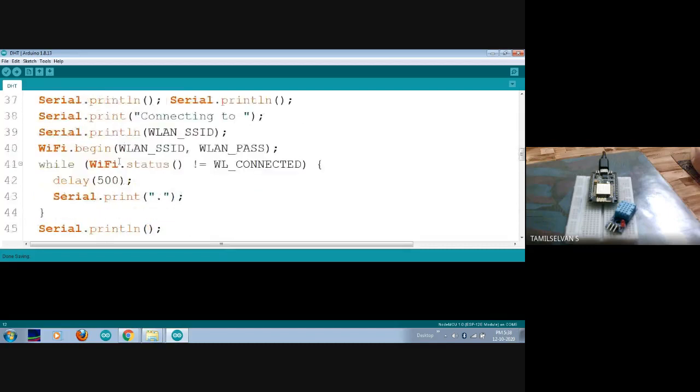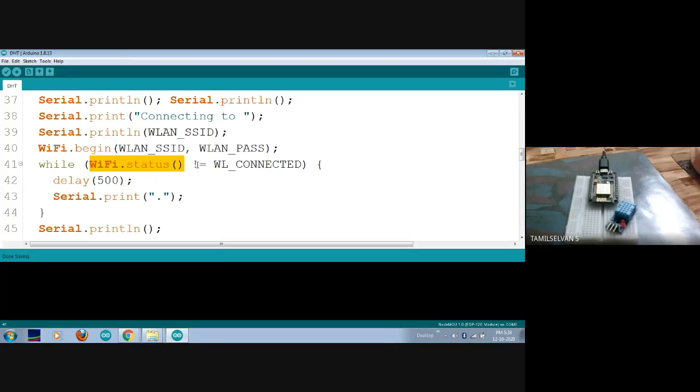Now I want to check whether the connection is established or not. Okay. So for that I am going to use the function called WiFi.status. This particular function will reply with the connected status if it is connected perfectly, or if not connected, then it will give you some error values or a code in which that function replies.